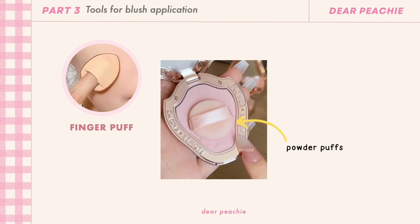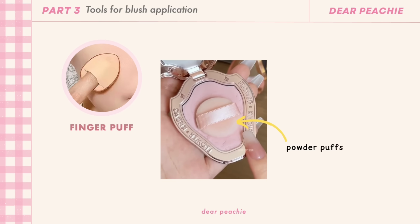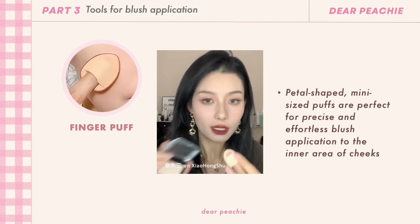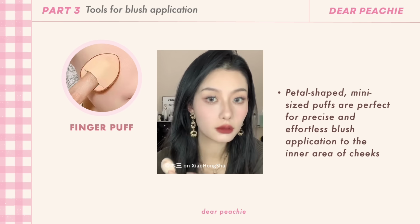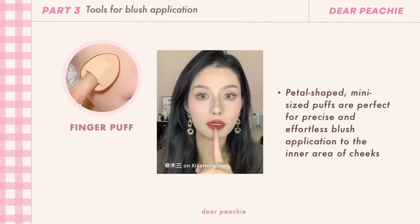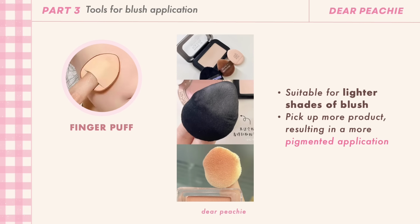In addition to brushes, powder puffs are also popular among beauty enthusiasts on platforms like Xiaohongshu. These petal-shaped, mini-size puffs are perfect for precise and effortless blush application to the inner area of cheeks. They are particularly suitable for lighter shades of blush as they can pick up more product, resulting in a more